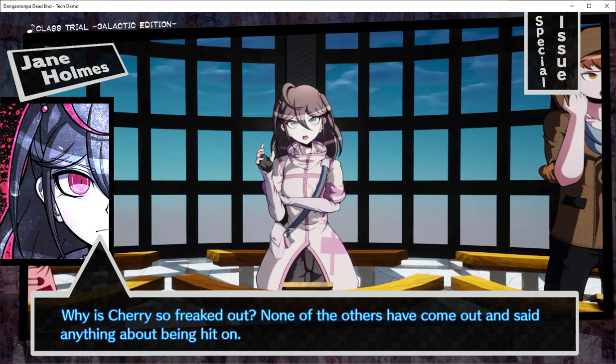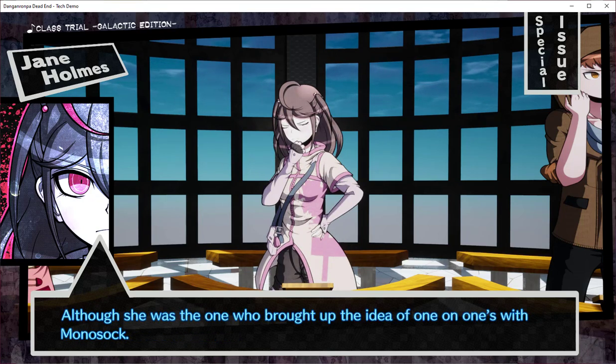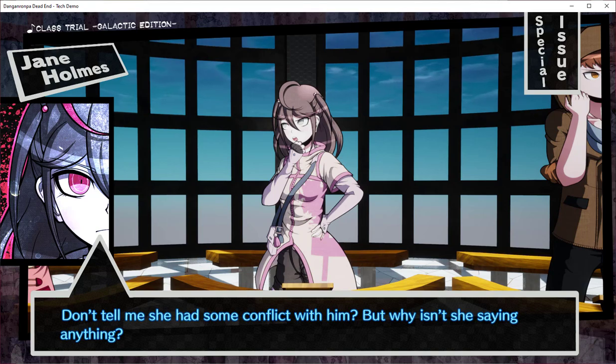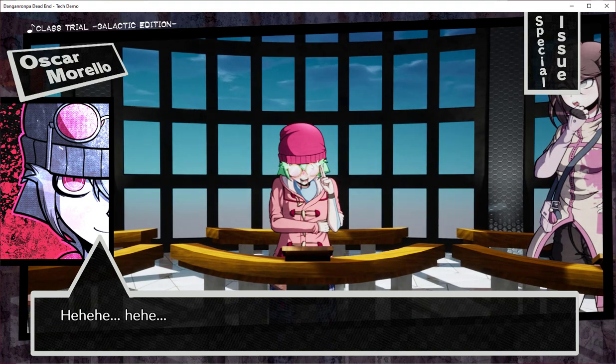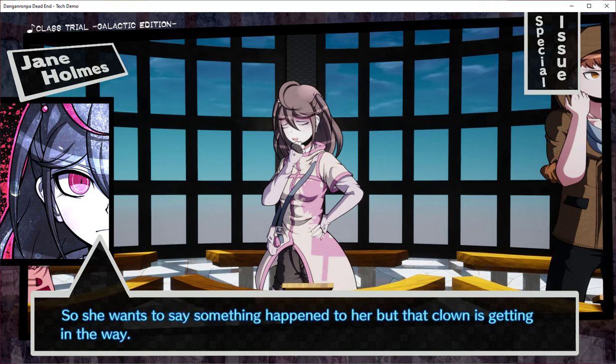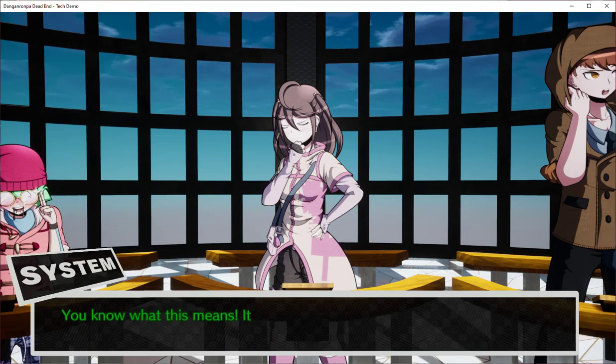Why is Cherry so freaked out? None of the others have come out and said anything about being hit on. Cherry, although she was the one who brought up the idea of the one with Monokuma. Don't tell me she has some conflict with him, but why? Isn't she saying anything? Hey, is it because of that trip? Of course it is. So she wants to say something happened to her, but that clown is getting in the way. If that's the case, Monokuma isn't just into guys, he's also into...